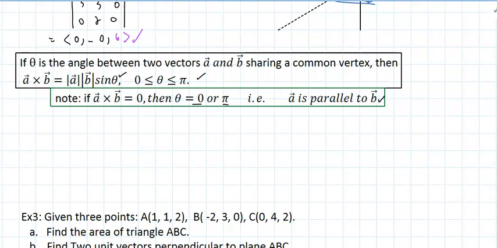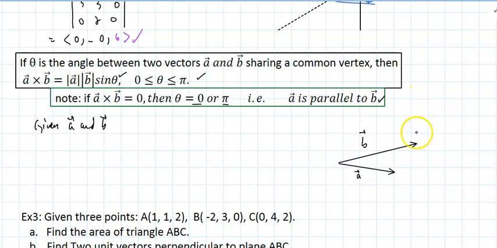Now something that we really need to get out of the way, this we are going to use a lot, and it's very useful. Given vectors A and B, if I sketch a graph of A, and if I sketch vector B, so let's say this is A and let's say this is B, if I would like to find the area of the triangle that this encloses, if I would like to find this area,